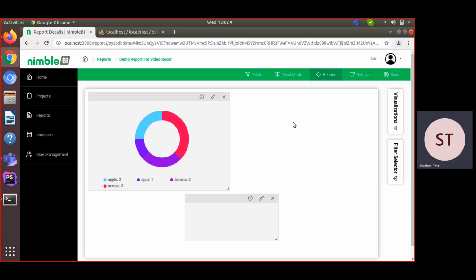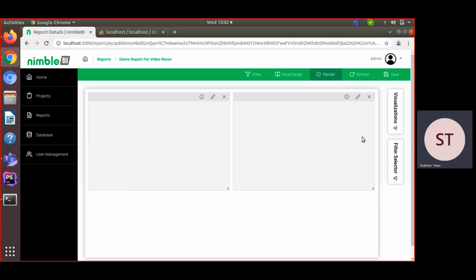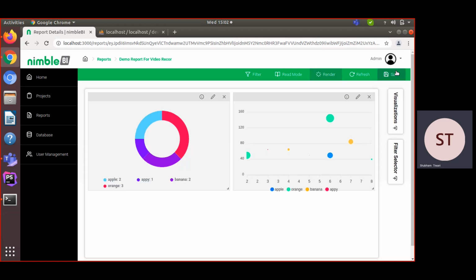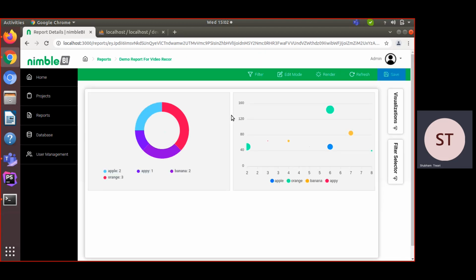So it's valid. Click on render. Click on render. Again, I save it. You can see we have two visualizations in the same page. So we can create like this way. We can create multiple visualizations in the same page.